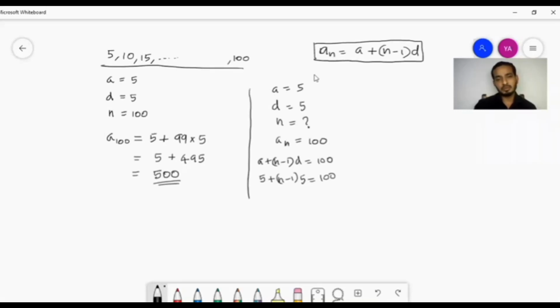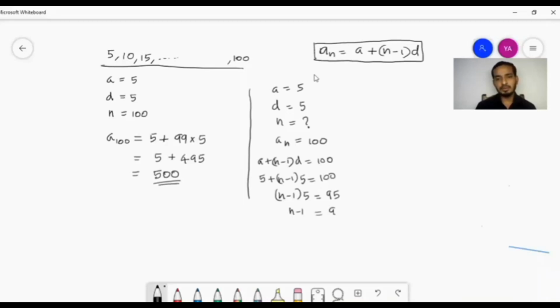Step-by-step procedure. So here, better you start by taking the 5 to the right side. So (n minus 1) times 5 is equal to 100 plus 5 moved over... when you move to the right side, this will become 100 minus 5. Well, that's 100 minus 5 is 95, right?